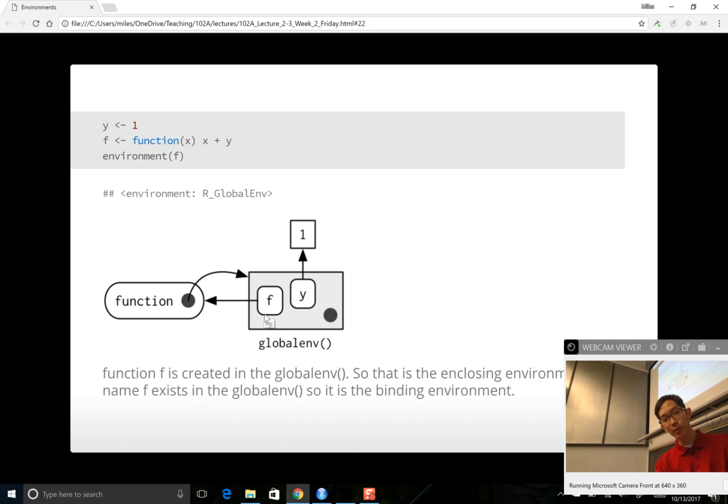The binding environment is also the global environment because that's where the name f exists. So f is created in the global environment, so that's the enclosing environment, and because the name f exists in the global environment, it is also the binding